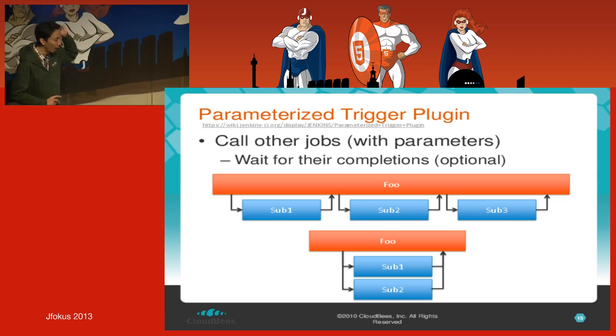But anyhow, the Parameterized Trigger Plugin allows one job to call other jobs, and if necessary, specify arguments. So I talked about this performance test use case where you might have setup, followed by the performance test, followed by the teardown. By having this overall foo that encompasses the whole thing, you can easily correlate the setup run from the actual performance run to the analysis of the third step. And it also provides the necessary mutual exclusion semantics